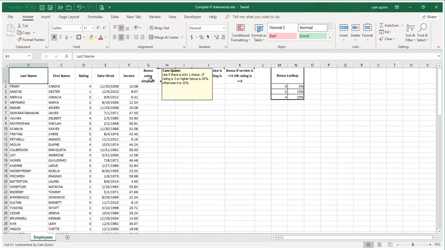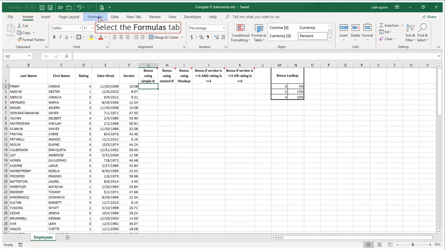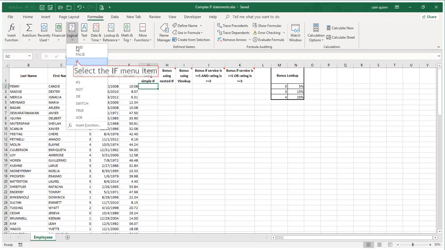and move on from here. All right, so we're going to start with a very simple if statement. All we're doing here is calculating a bonus. If the rating is 3 or higher, they're going to get 20%, otherwise they're going to get 10%. So this is a straightforward simple if statement. I'm going to go into the cell, go to formulas, go to logical and